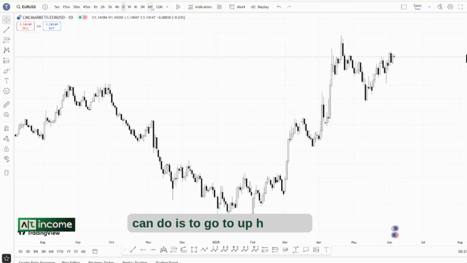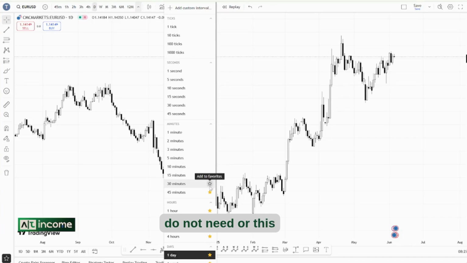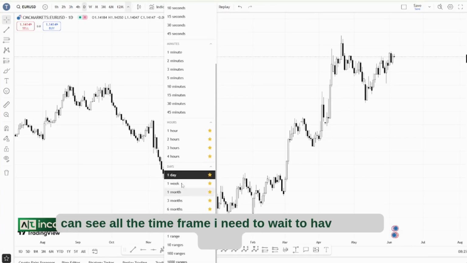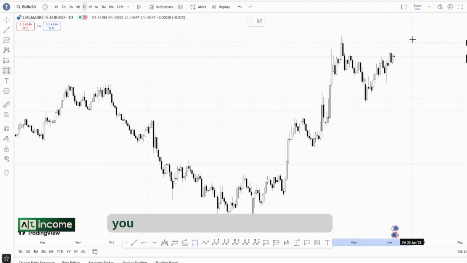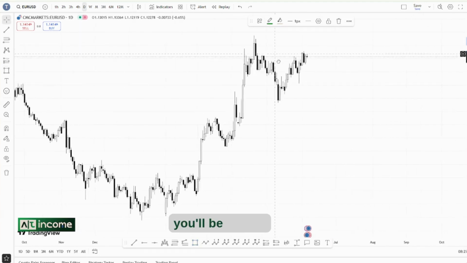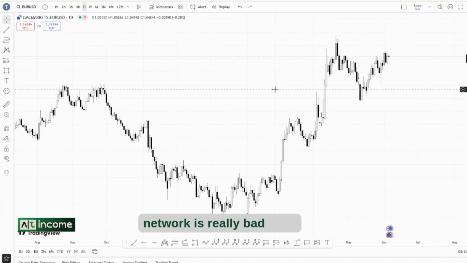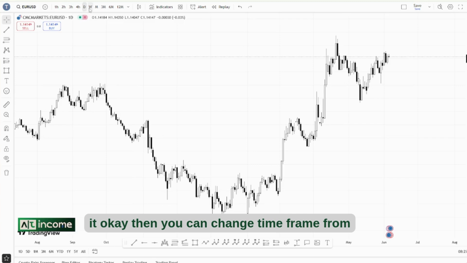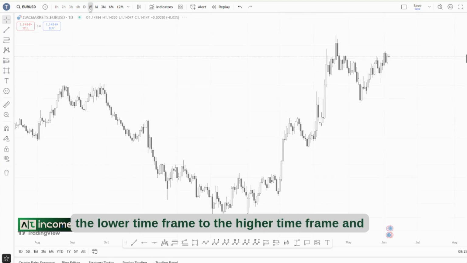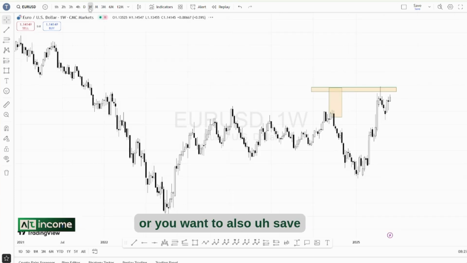Another thing you can do is go up here and star the time frames that you need. I do not need all of these, so you can see all the time frames I need, to be able to have them here easily. And then if you want to do analysis, you can use this for support and resistance. Just come here and then you'll be able to have all your levels marked up. You can see the network is really bad. So that's basically how to go about it. Then you can change the time frame from the lower time frame to the higher time frame, and everything will be easy for you. Another thing you should be able to do is journal your trade, or save